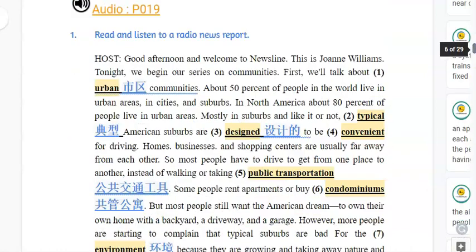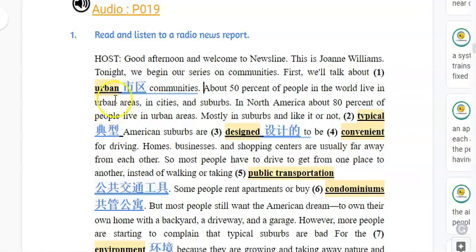In this activity, I'll be removing the vocabulary words, and let's see if you can guess the missing word, okay? Let's read this sentence. First, we'll talk about urban communities. Please read. First, we'll talk about urban communities. So what kind of community are we going to talk about first?